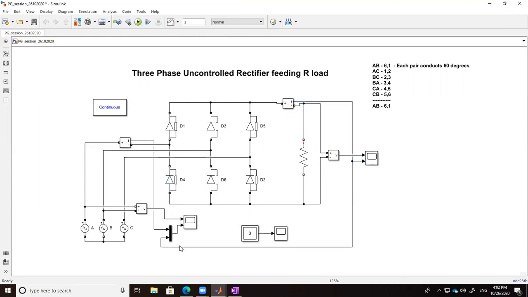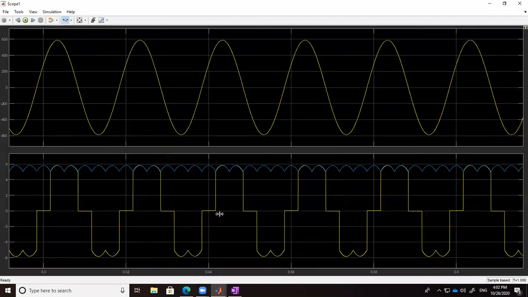So here I am going to multiplex 2 signals. One is the source current, one is the load current. Okay, and then I will see the relationship between the source current and the load current. I will run it again. Every time you make a change, you need to run. See. So what happens? What do you see here?